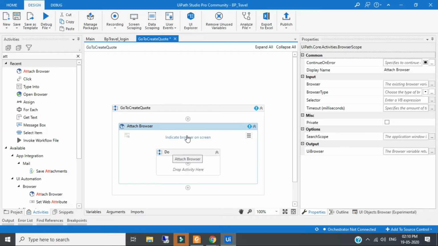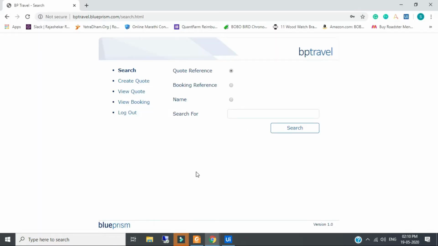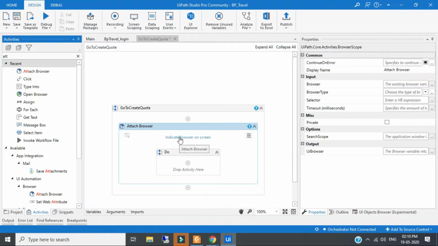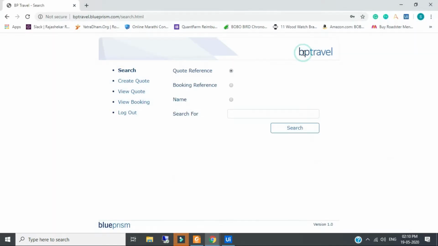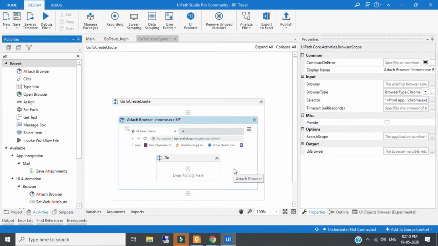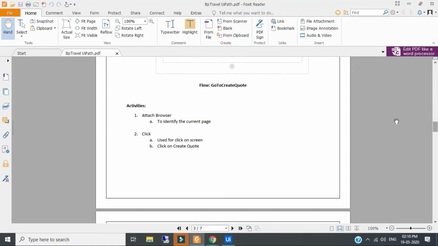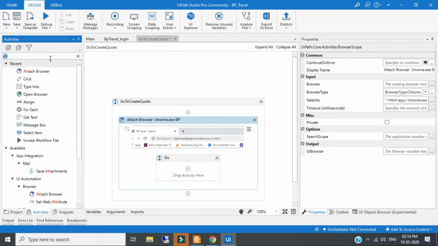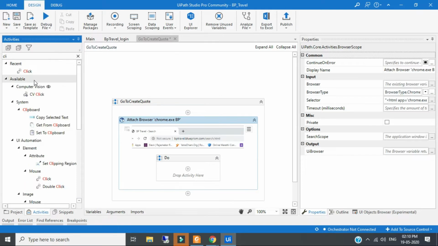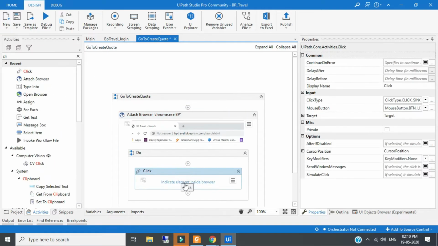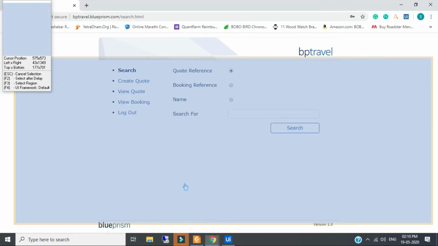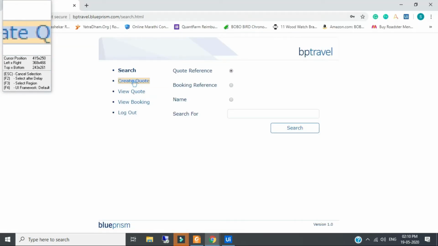So I will indicate that browser from here, and as I told you, for clicking on the button we will take a click activity. So I will search for a click and I will take create code.